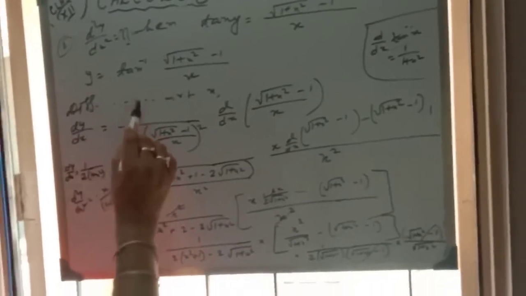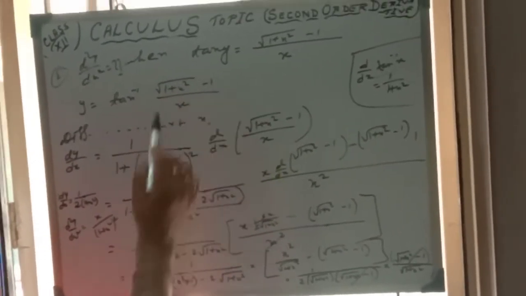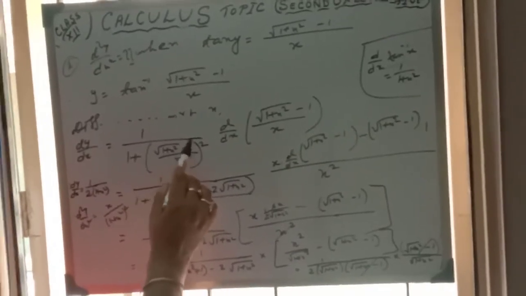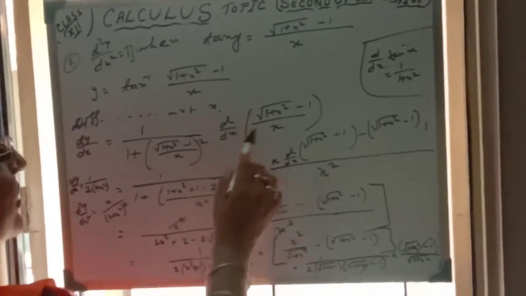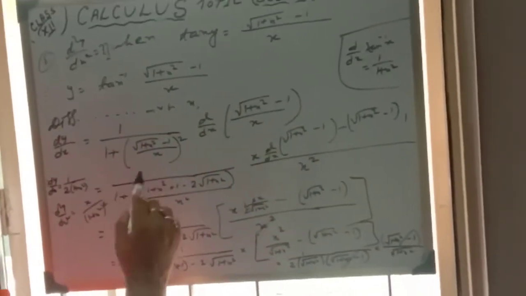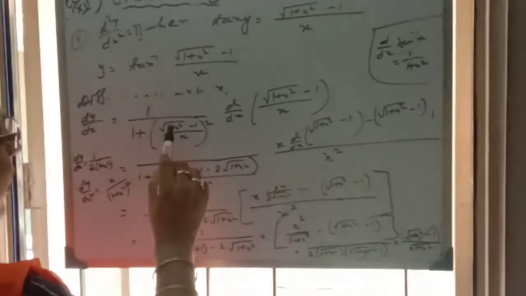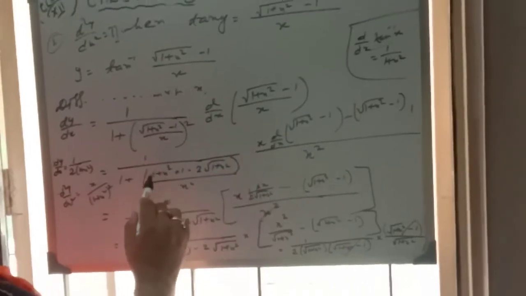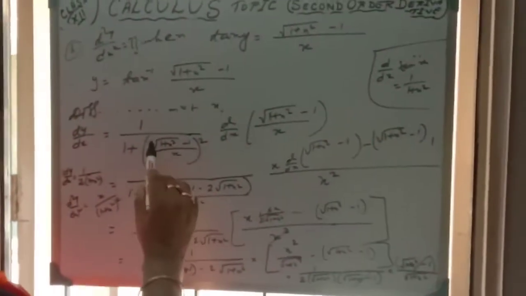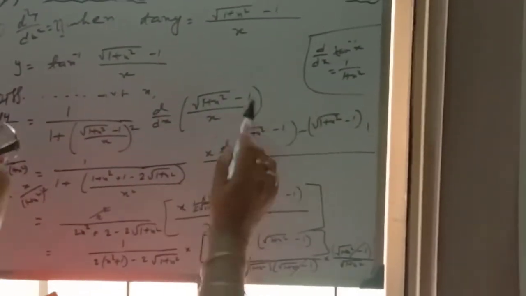So dy/dx equals 1 by 1 plus x square, where x is the whole term. So square root of 1 plus x square minus 1 by x, whole square, but it is not exactly x, so again into d/dx of this part by chain rule. Now 1 by 1 plus this whole square, means a minus b whole square: the square root of 1 plus x square, whole square, is coming only 1 plus x square, plus 1, minus twice ab, so 2 into square root of 1 plus x square into 1, whole divided by x square into,